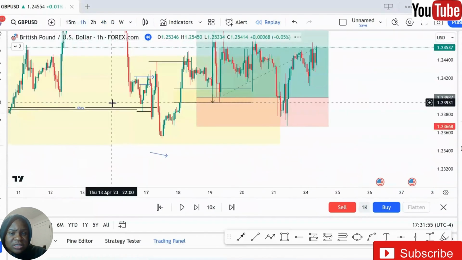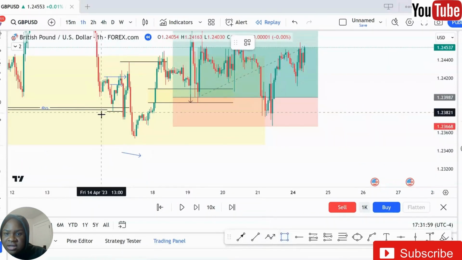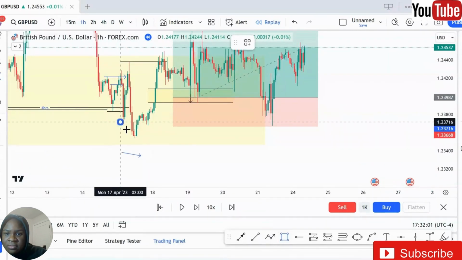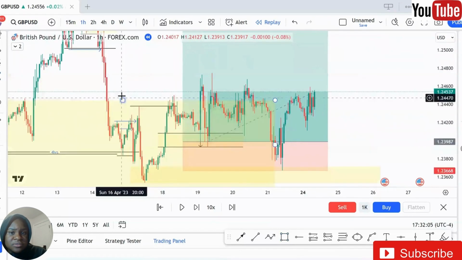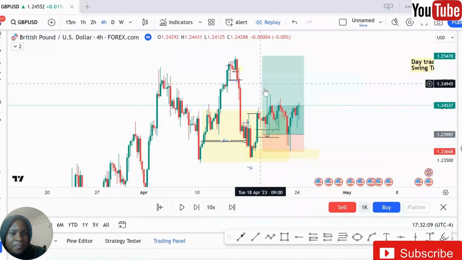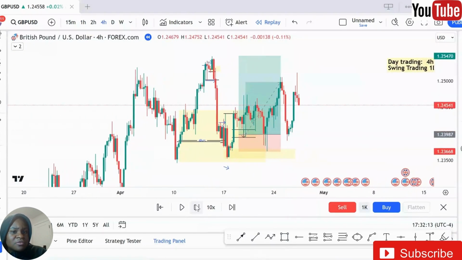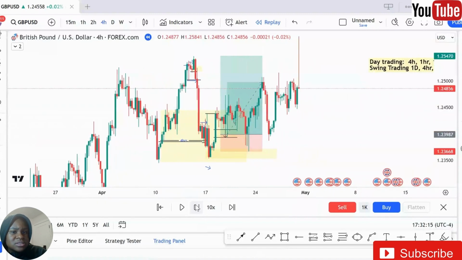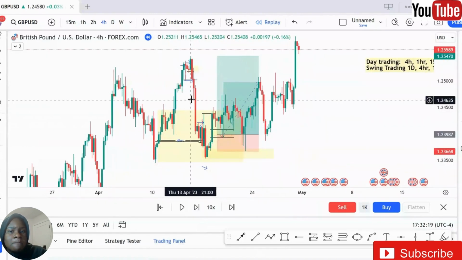You can see that it did a shift in market structure. Another block was here. Do you see it? And the TP is actually here. Up here is still my support area, but what would have happened? I would have hit a lot of stop loss before hitting my TP, and you can see it's very painful. I'm hitting a lot of stop loss, but this is how